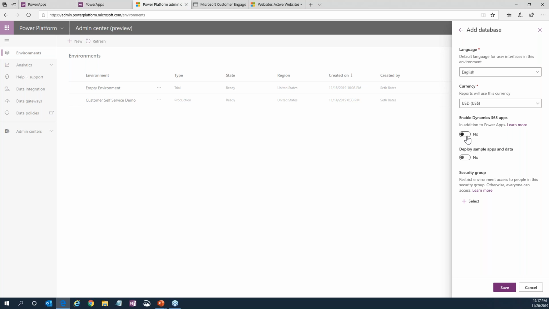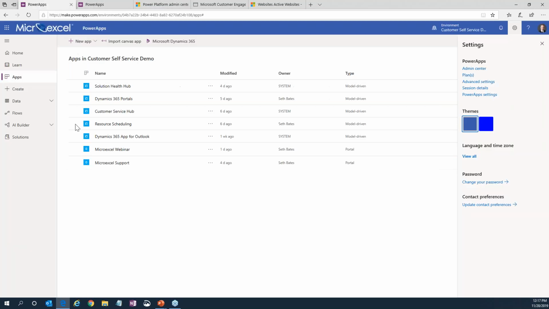If it's a no, then you get a blank template, and that is the only template that you have access to. And if it is a yes, then you are going to get model-driven app templates. There are 4 of them currently: a customer, a partner, an employee, and a community. Okay. So again, enabling Dynamics 365 apps enables you to get additional